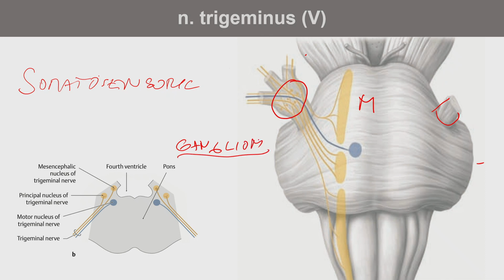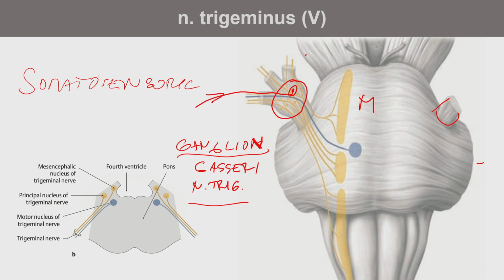And ganglion here is called Gasseri, or nervi trigemini. So this Gasser ganglion is lying on the superior aspect of an apex of pyramis, and there are pseudo-unipolar